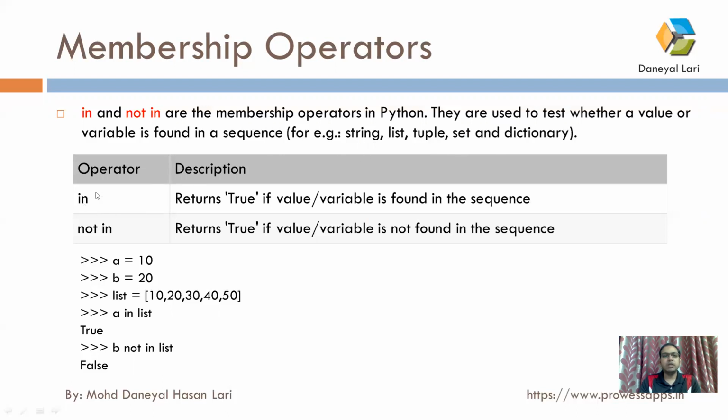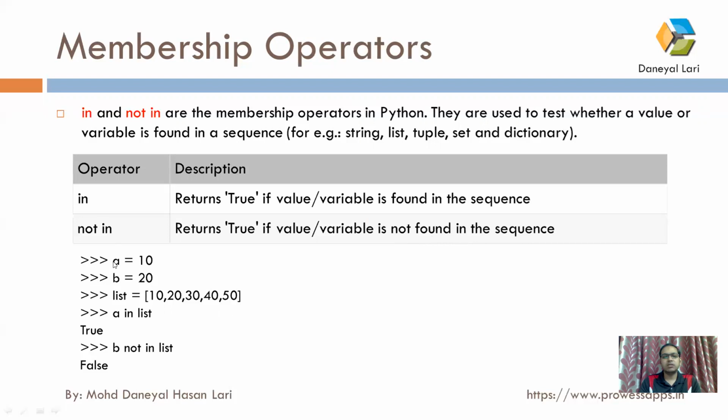If you perform the in operation, it returns true if the value or variable that you want to find in the sequence is available. In that case, it will return true, otherwise it will return false. Not in returns true if the value or variable that you want to search is not found in the sequence. Okay. So for example,